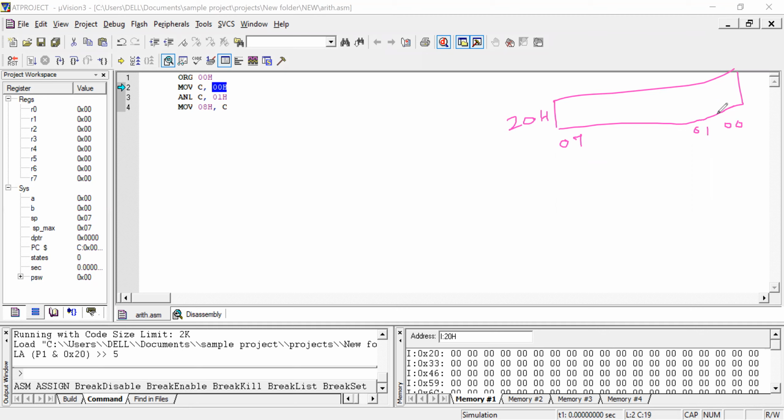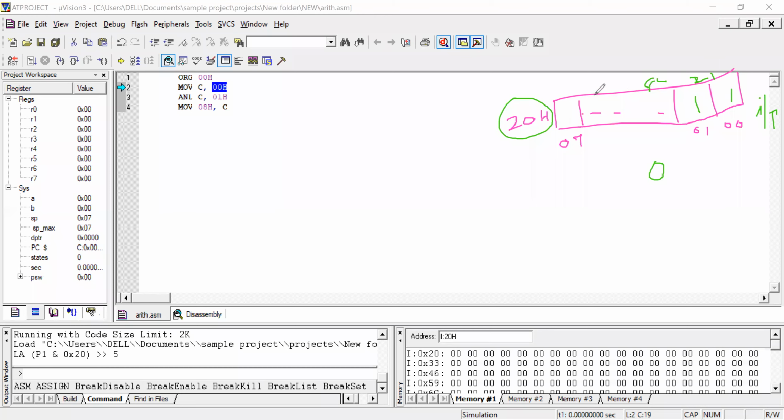Initially we have the data 1, 1. This is my input. What is the data in my location 20?